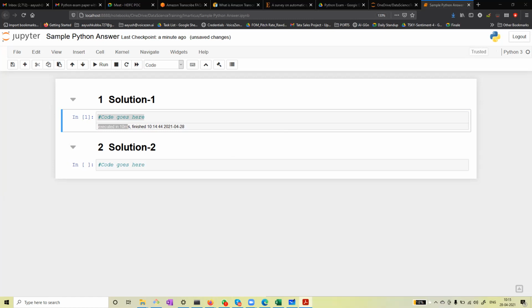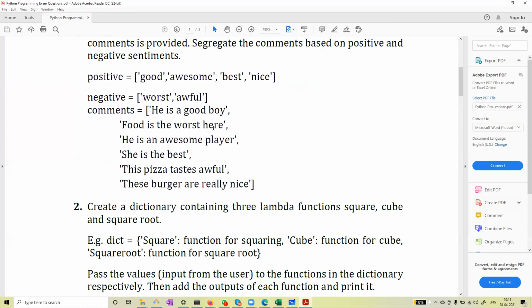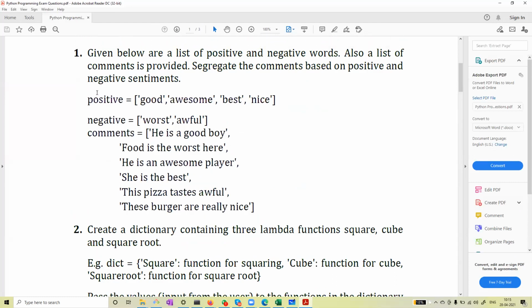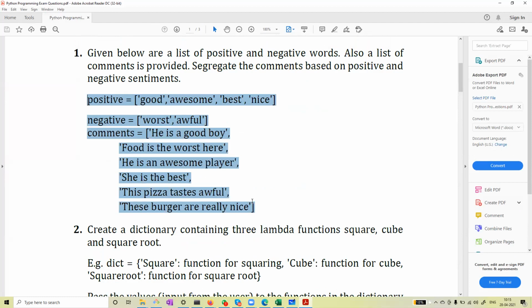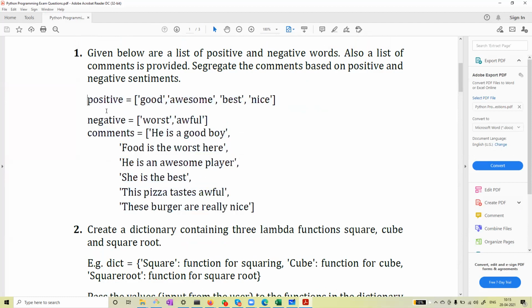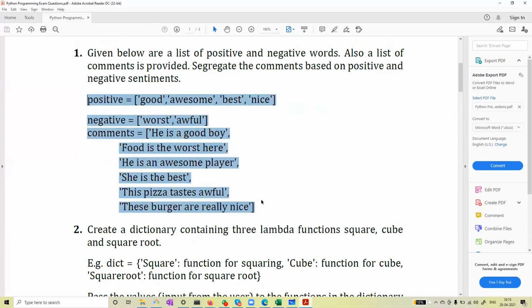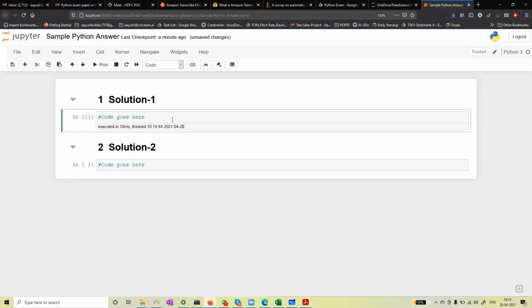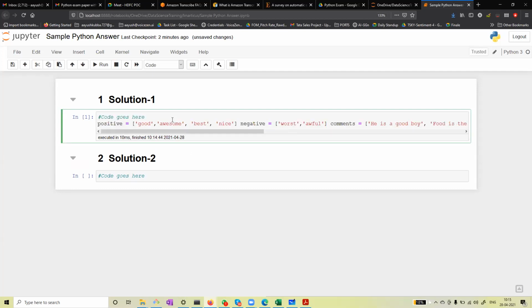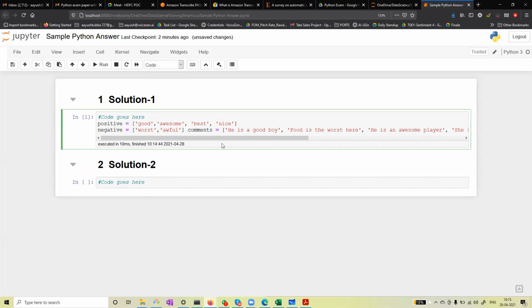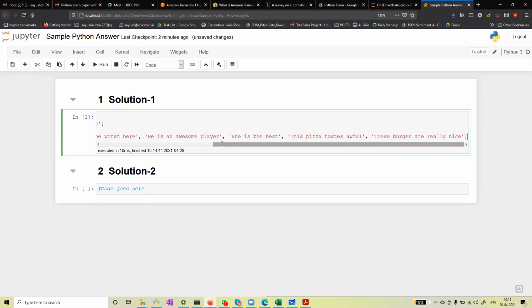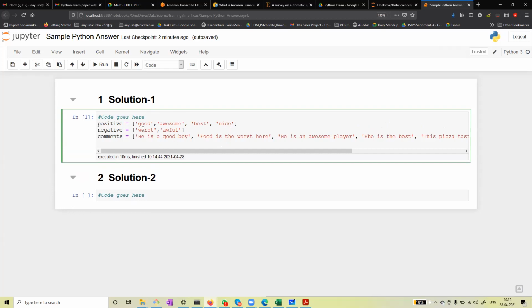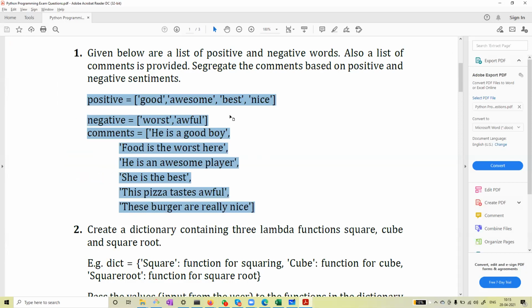Yes, sir. Just to also show you some questions. Okay, so whenever some things are given to you, okay, like let's say you have to use this list, so you might have to copy it. So better if you have Word or I mean Adobe or something to read. Okay, so at times, let's say I'm copying this list, so this will help you speed up. Okay, I already have this positive, negative. I don't have to write everything. Okay, so don't make mistakes in at least copying this thing, because then results might come different. Okay, so let's say if we have to do something on this.